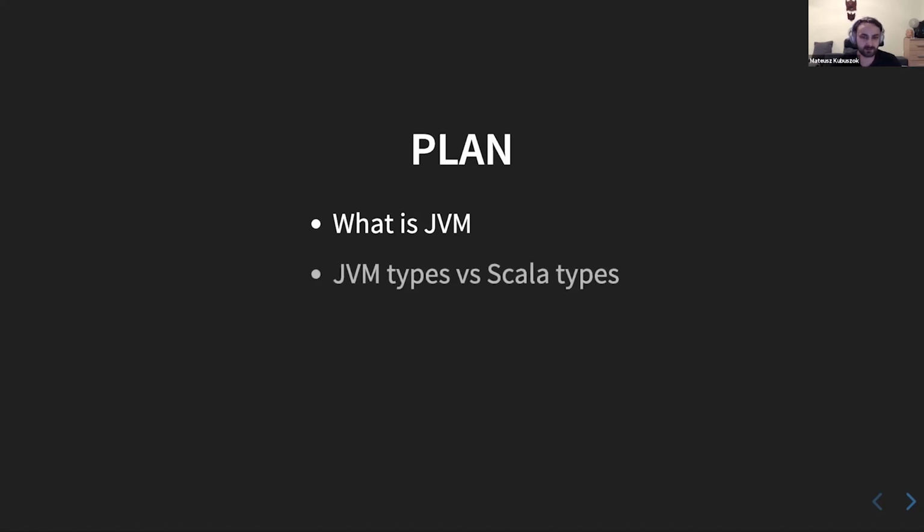Then we will also talk a little bit about how JVM types differ from Scala types, because there's some huge difference. The Scala compiler tries to hide those differences from us, but sometimes they appear, and it is worth understanding where they came from and how they affect us. I'll tell a little bit about threads, not as much as other people making presentations about Cats Effect and concurrent programming and safety. I just want to show why we care that the JVM supports threads, which will be very, very short and sweet, I hope.